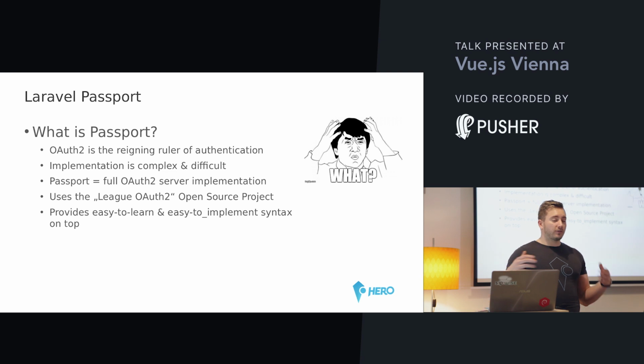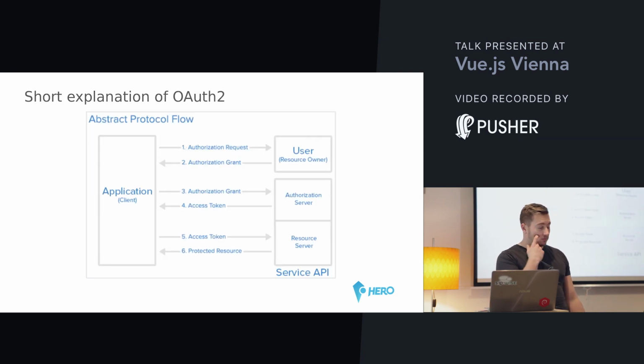So Passport is a full OAuth 2 server implementation. And it uses the League OAuth 2 implementation as a basis and provides easy to learn and easy to implement syntax. So you can use Laravel Passport and have a complete OAuth 2 server implementation in your